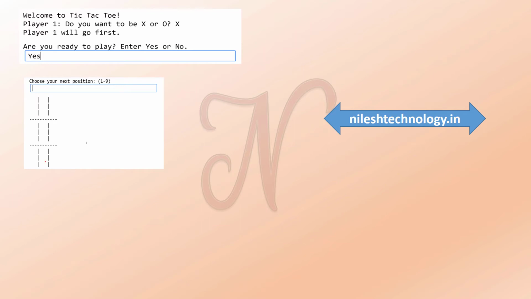Then this is your numpad. See here: first, second, third, fourth, fifth, sixth, seventh, eighth, ninth. So it is like a numpad. Player 1 chooses a position between 1 to 9.